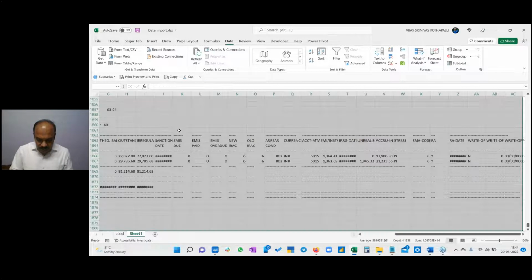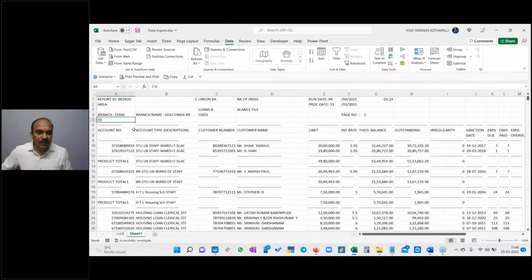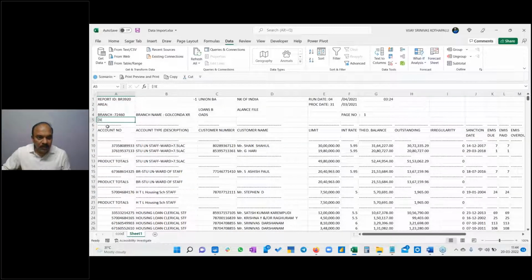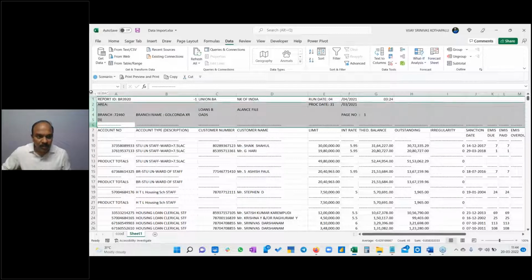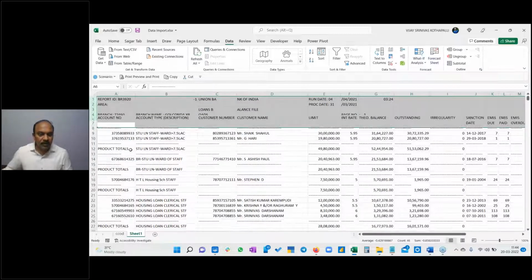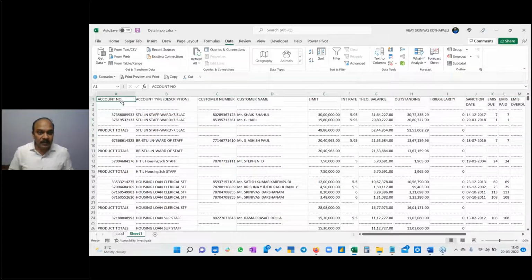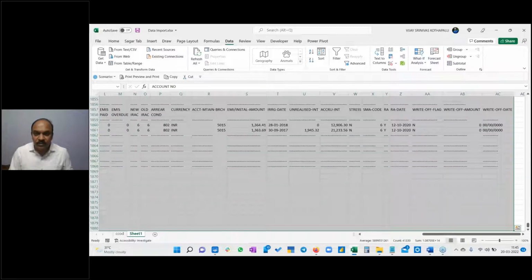I'll just auto align the entire data. Okay, now we have the respective data segregated into each of the columns. Now the top priority is to see that your column labels will be on the top. So I don't require the top headings, because anyway the file name I'll be naming with the branch name or whatever. Then repeat the same step, placing your cursor on the topmost, say Control Shift End, Control Shift L, apply